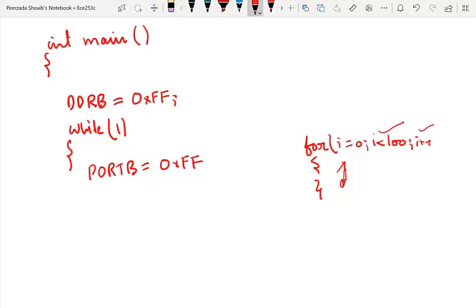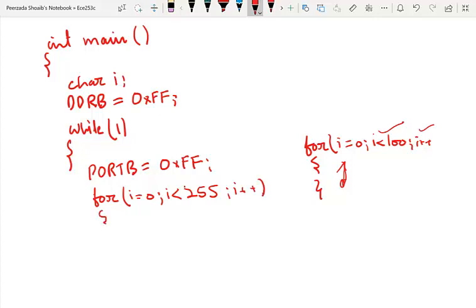For example, I write char i. So here, after declaring and turning the LEDs on, I will write a loop: for i equal to 0, i less than 255, because the maximum value that can be assigned to char is 255, i plus plus, and